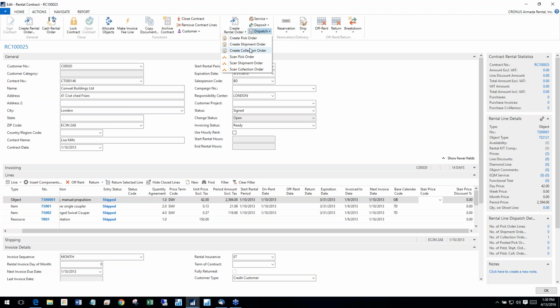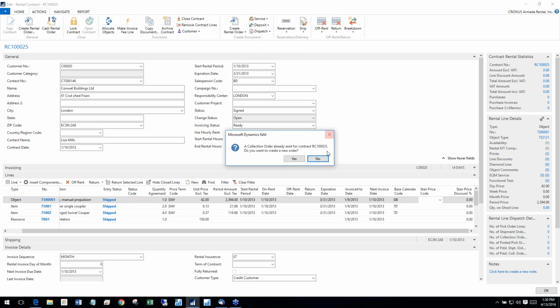We're going to go here for dispatch. No, I want to look at an existing collection order that I have. So the collection order is also the front end for some of the other functionality. So let me, as soon as that pulls up,